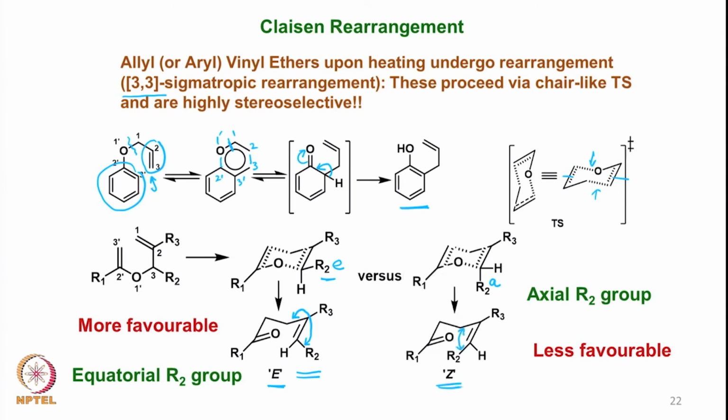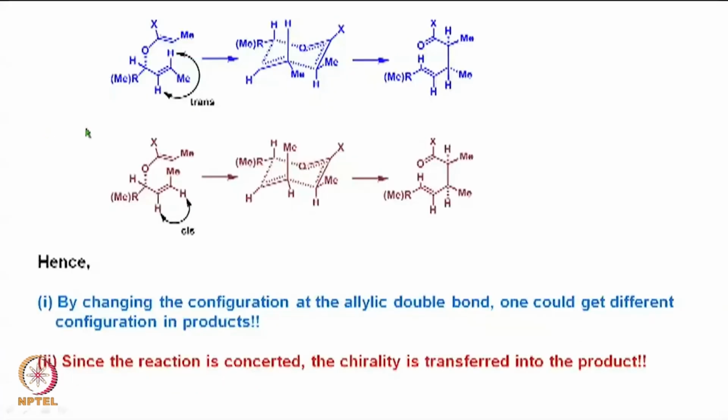So this is what is Z and this is what is E. So it is less favorable and that is more favorable, but we will look at it in a little more detail. Now if we start with two molecules of this kind having an asymmetric center here, and if these are chiral